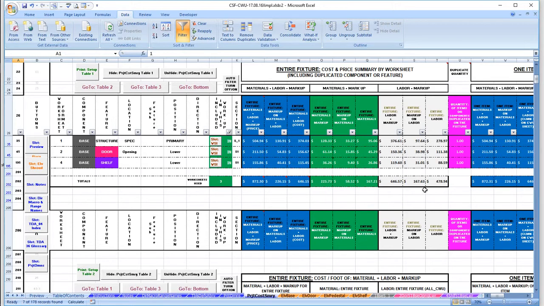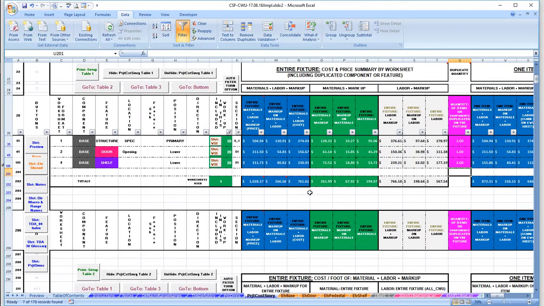On the project cost summary sheet, column U, titled Quantity of Items or Components Duplicated on the Fixture, is used to make the selection. Enter the quantity 2 in cell U195. Before calculating, the total cost in cell U202 is $646.15. Manually calculate. The total cost in cell N202 is now increased to $761.61